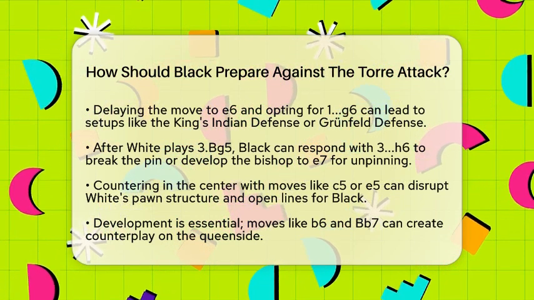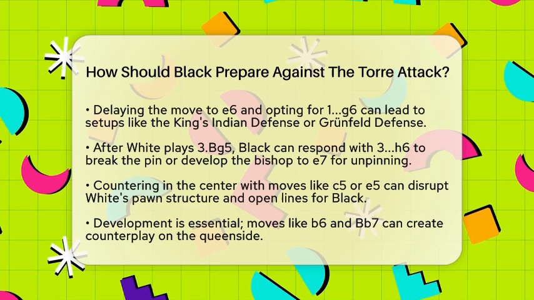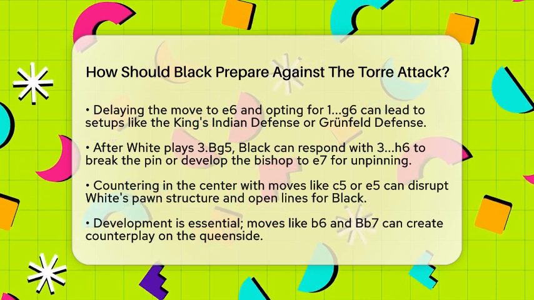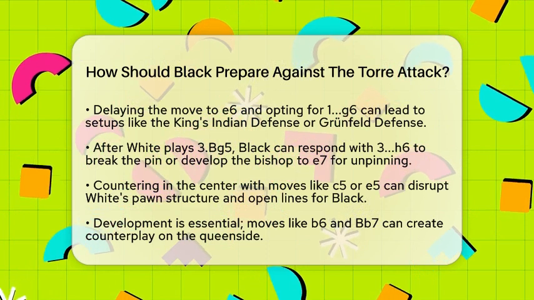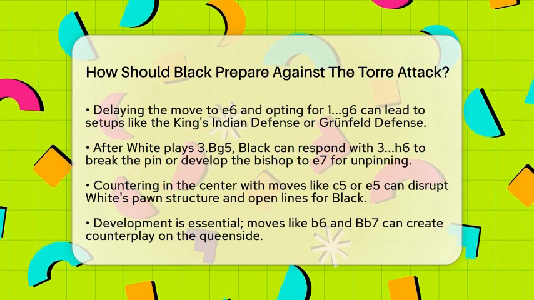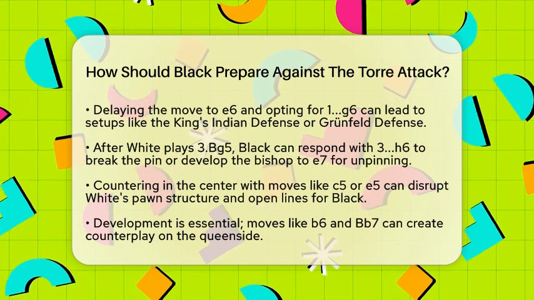Another approach is to delay the move to e6. Instead, consider playing g6 after the initial moves. This can lead to setups like the King's Indian defense or the Grünfeld defense, where white's bishop on g5 becomes